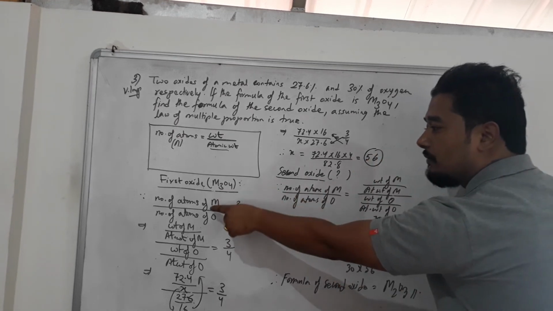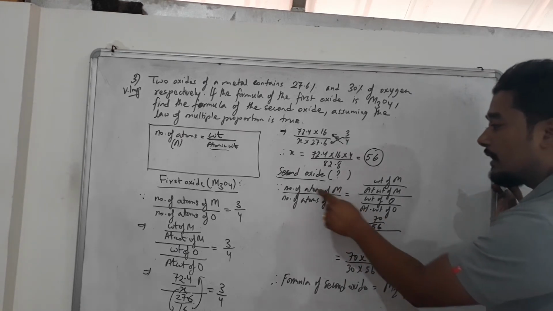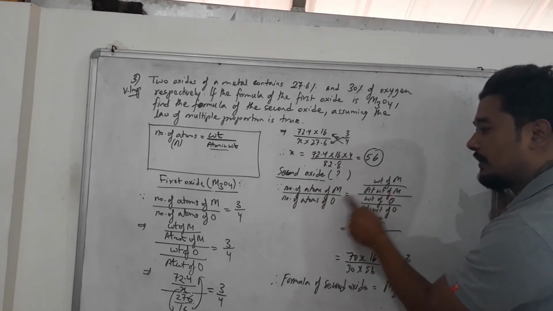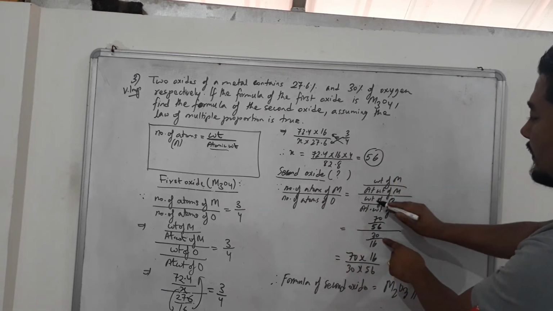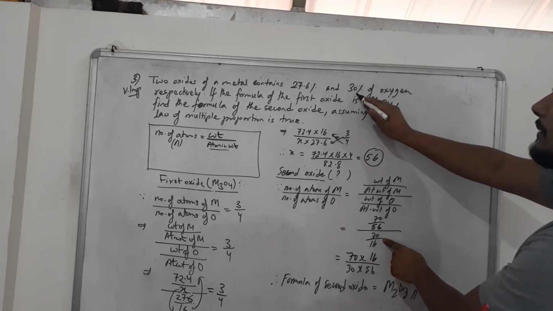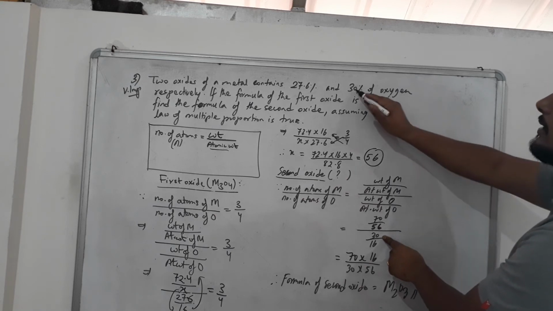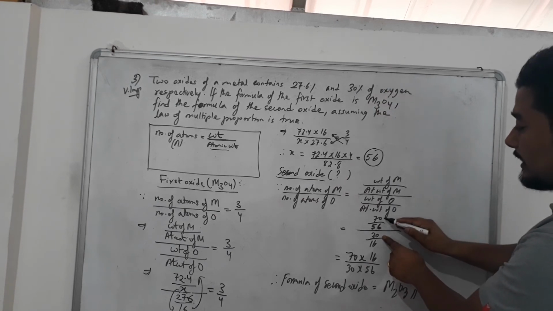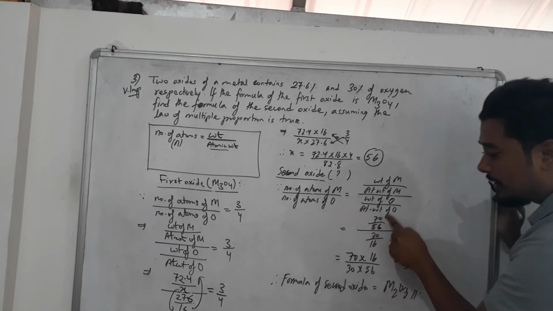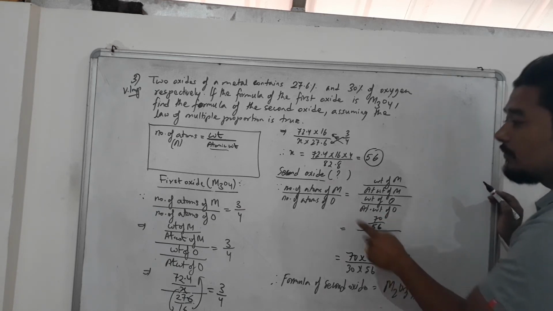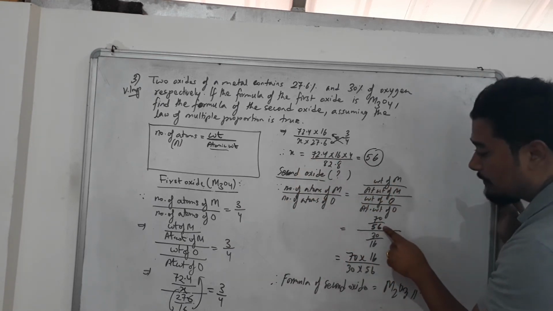Again, the same formula we use: number of atoms of M by number of atoms of O, which we don't know yet. Again, number of atoms means weight by atomic weight. Now in the second case, what is the weight of oxygen in percentage? 30% of oxygen, so you write 30 here. And subtract from 100: 100 minus 30 is how much? 70. That is the percentage of the metal. And the atomic weight of oxygen, as I said, you should know, is 16, so I wrote it down. And the metal we got from the first oxide. So what is the atomic weight of the metal? Earlier we got 56, so we put that here.